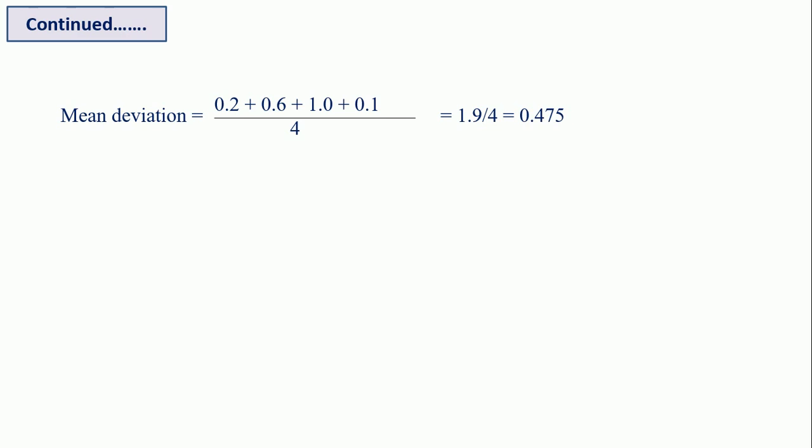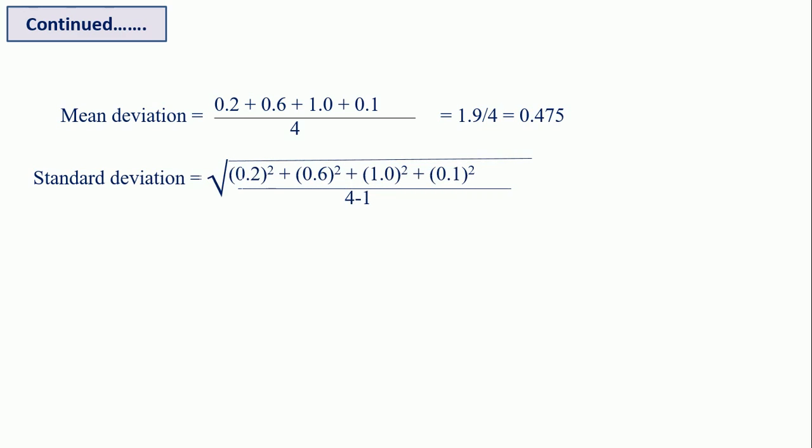It is the square root of the sum of all squares of deviations. So see the standard deviation: square root of the squares of all deviations, and the sum of all these deviations divided by the number 1 less than the measurements. So this is the standard deviation, and by solving it we get the answer 0.686. So this is the standard deviation, and it is calculated by using this equation.